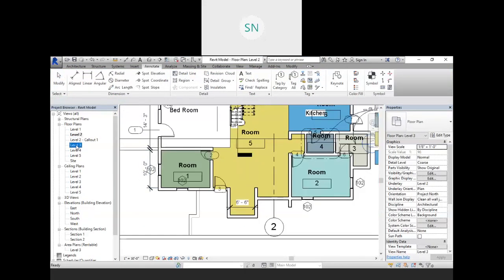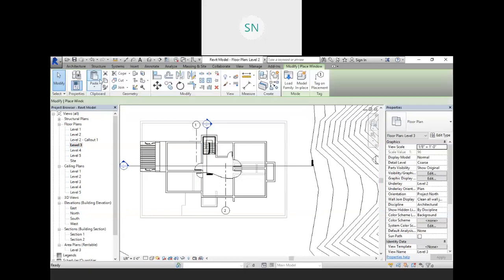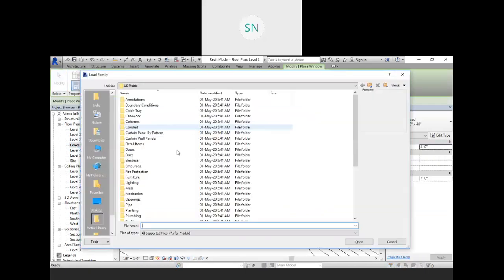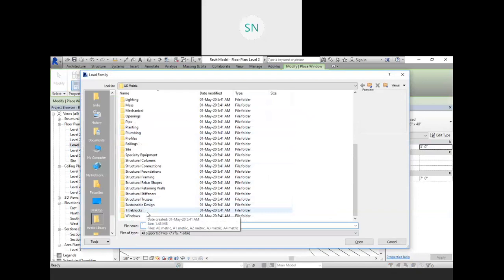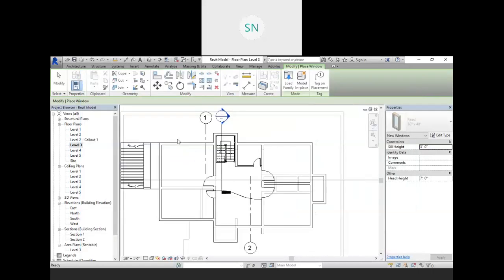Now let me go to level 3 and let me create some door or window, or maybe by category also. So let me load some other windows. This one, open and place it.